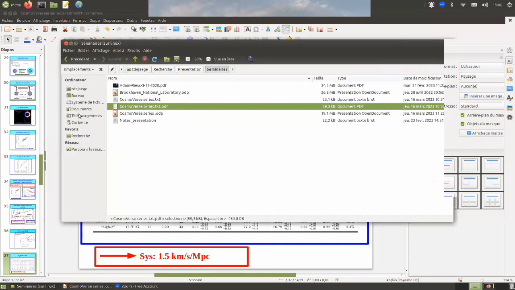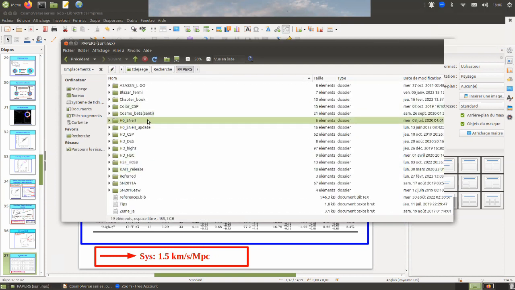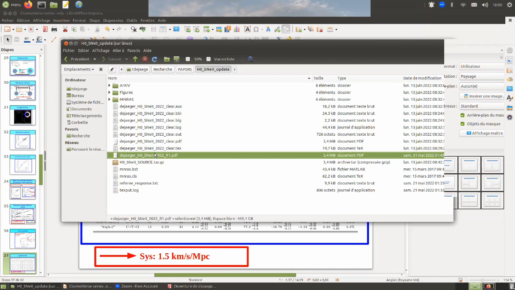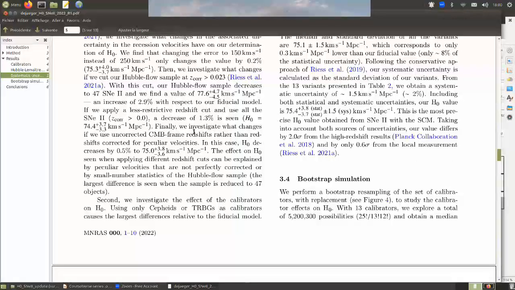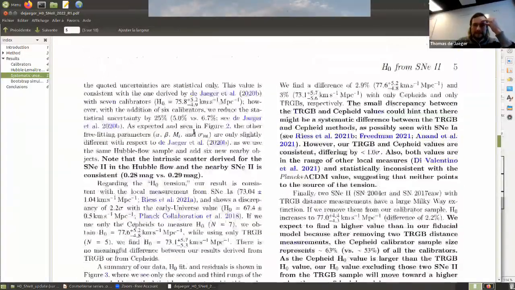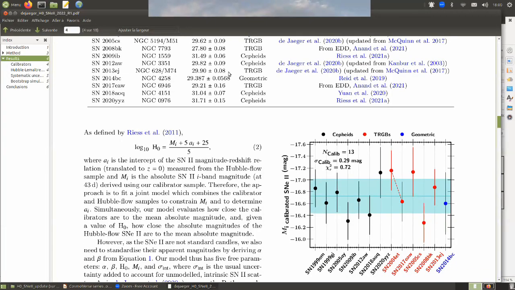Just something I would point out to people is that you have some calibrators that use the tip of the red giant branch and some that use Cepheids. But there was one I was so intrigued by because it's a supernova in NGC 4258. So it doesn't use either. There it is. This is the plot I was looking for. In black are the calibrators of type II supernovae from Cepheids. In red are TRGB. I love the blue point because that one is a type II supernova in NGC 4258. So it uses neither. It's a 2-rung distance ladder essentially with that one. And boy, it'd be nice to have more of those.